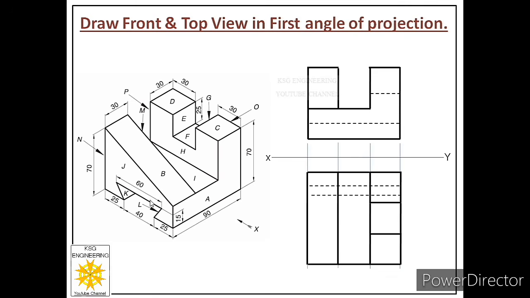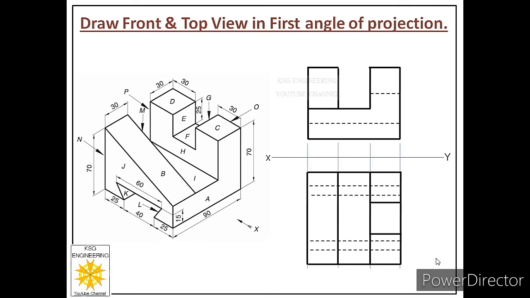Now we will plot face L with similar fundamentals. Means from this edge, from the front. From the front, this edge is at 25. So from the front, we have to draw a dash medium line at 25. Then this edge will be at 15 from the front. So from the front, measure 15, and from that point, draw the second edge of face L. So now we are ready with the top view of this object, or we can say we are ready with the projections.